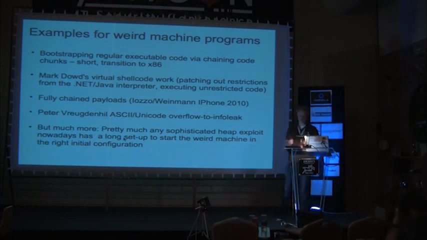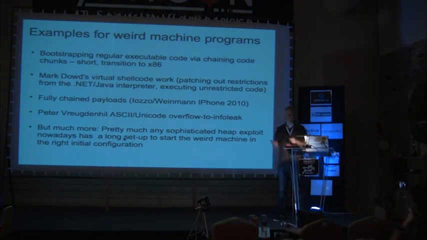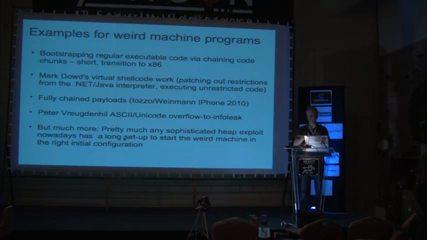But also, if you look at something like Pwn2Own, not this year, but last year, the winner of that Pwn2Own created an information leak from a memory corruption, in essence by overlapping a regular string and a Unicode string. He had a Unicode string and then he overflowed with a regular string up until the last byte of the Unicode string, effectively unterminating the Unicode string, and then he read out the Unicode string again and thus got a whole bunch of memory back. And that's a clear example of a weird machine program, because he's operating with whatever weird states he's got in his memory to get stuff back.